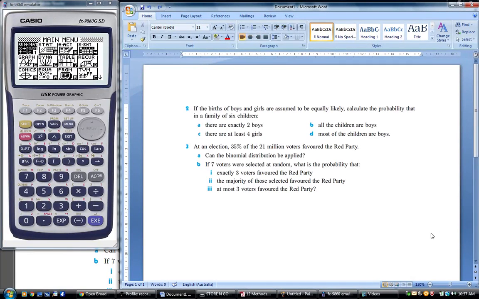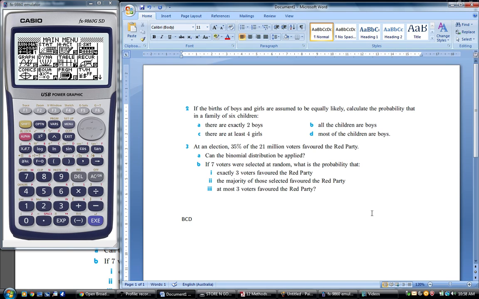Okay, let's look at the second example here for our BCD function, our binomial cumulative distribution. So we have the election where 35% of 21 million voters favoured the red party. We've already looked at the first circumstance using BPD, so let's look at the second circumstance. It says, what is the probability that the majority of those selected out of 7 people favoured the